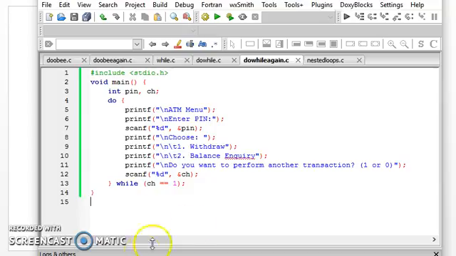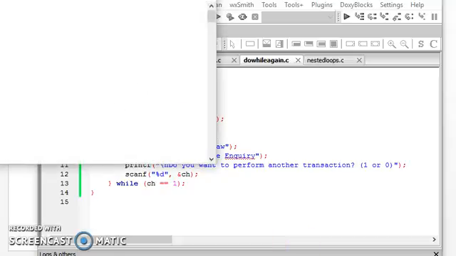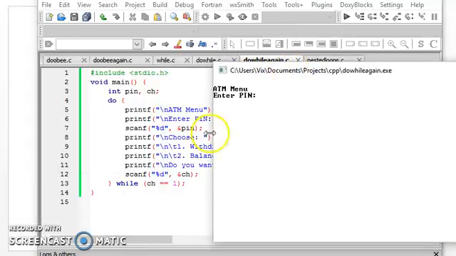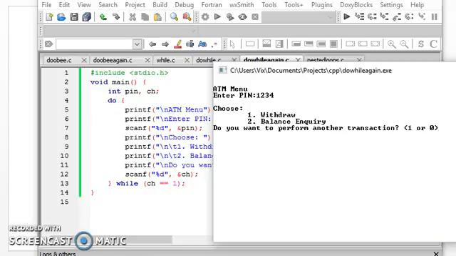The same code is implemented here in a C editor, C IDE, and I'm going to execute this program. As you can see, there is a menu and it is asking a pin, and as I'm not implementing the pin validation system, whatever pin I enter, no matter whether it is correct or wrong, it will be accepted. And so it is giving a menu again to choose 1 to withdraw, 2 to balance inquiry, and so on. And then at the end of the transaction, it asks, do you want to perform another transaction? And if I give 1,